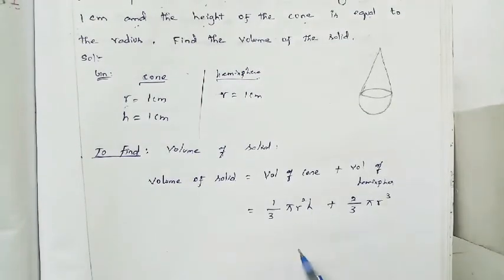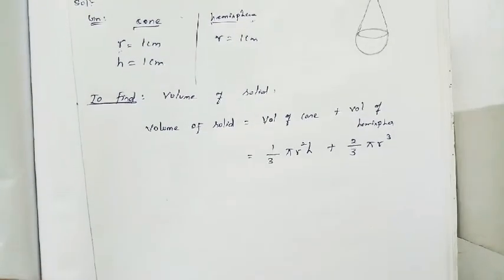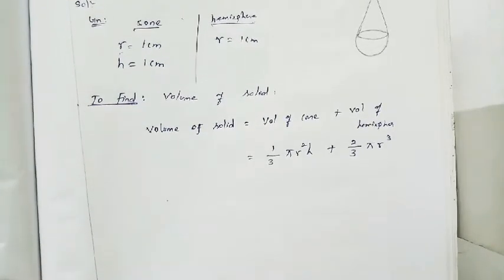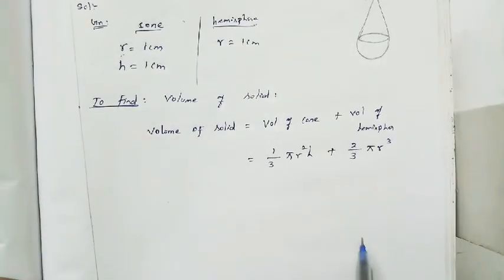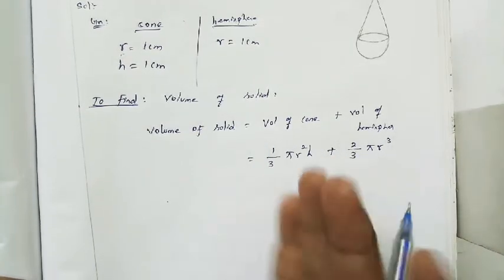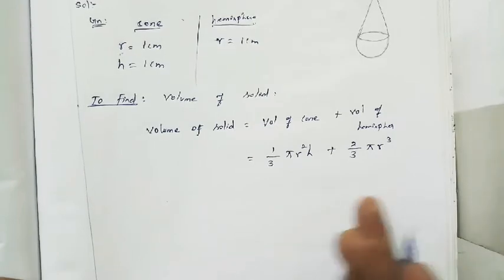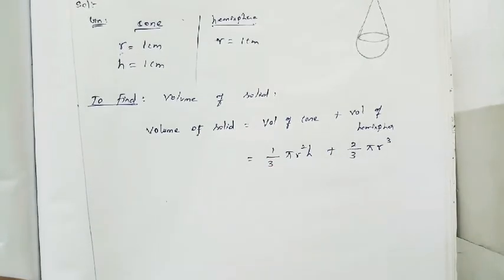I told you that we are having two methods for simplification. One is first simplifying the formula and after that substituting. Otherwise you can substitute the values directly and simplify. In the first concept we simplified by substituting the values directly. Now what I am going to do is take the common things outside and simplify the formula, then substitute the values. So what are the common terms we are having?